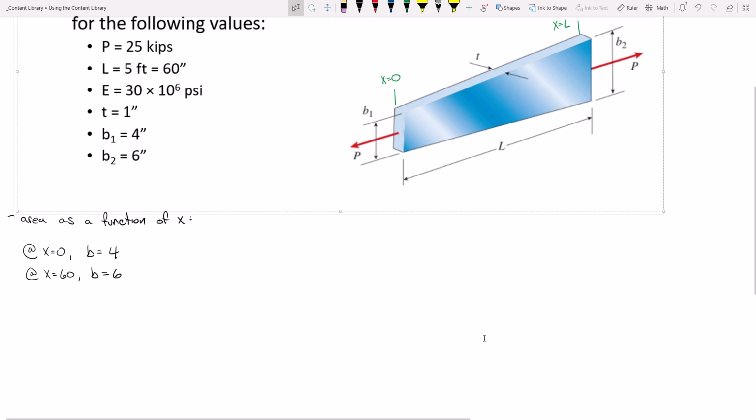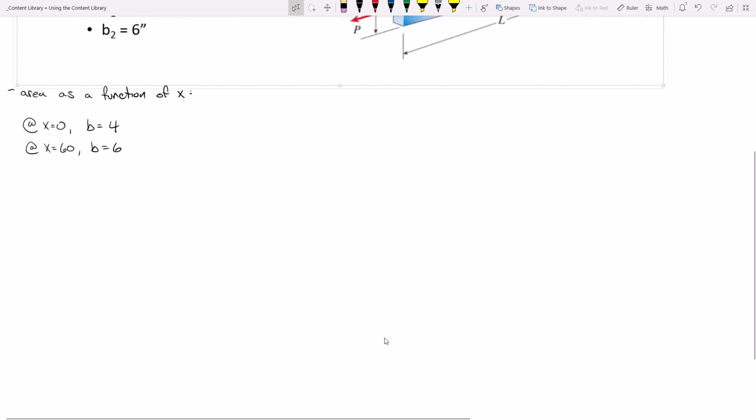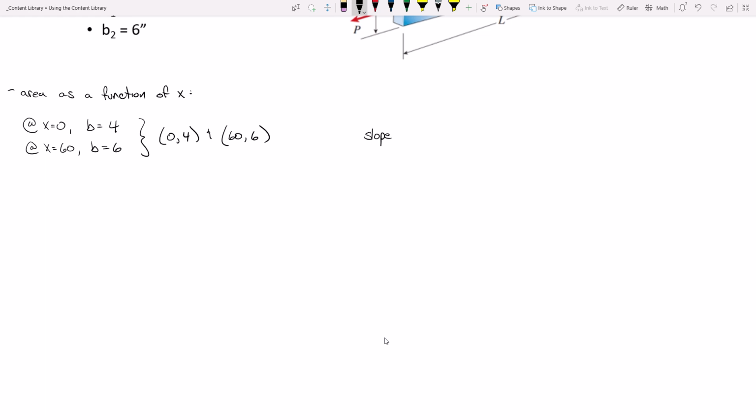So, does it look like the width is varying linearly? It's a line, isn't it? They're varying linearly. So, maybe what we've got are 2 points, (0, 4) and (60, 6). Do you all know how to find the equation of a line with 2 points? Maybe what we should do is first determine the slope, which is in this case going to be the change in b over the change in x, which is